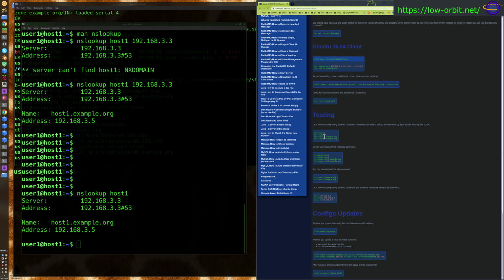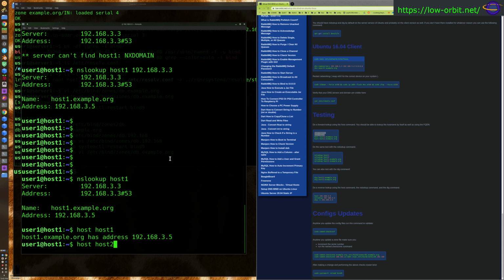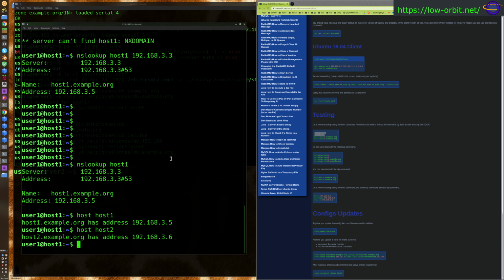to our testing section. For testing, we're going to do forward lookups using the host command, the nslookup command, and the dig command. And then we're going to do a reverse lookup with each of those also. So for the host command, we're basically going to look up host 1 and host 2. So let's just paste those in there. Yeah, host 1, host 2,